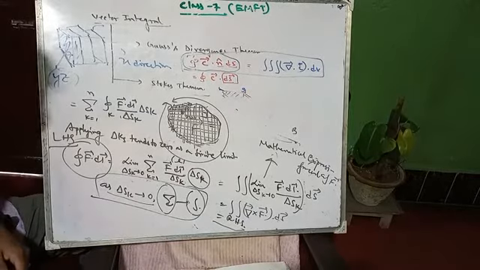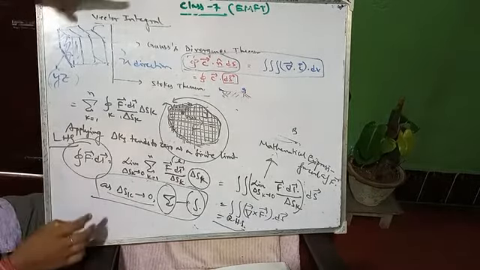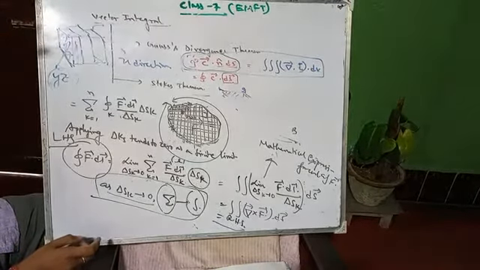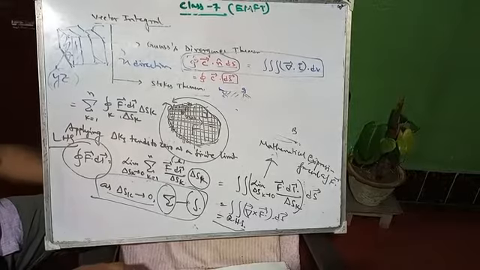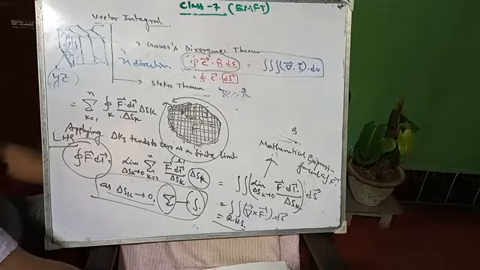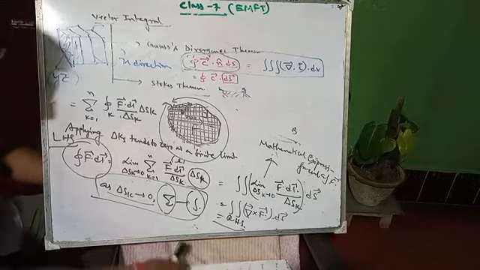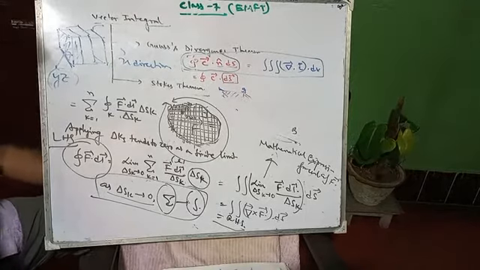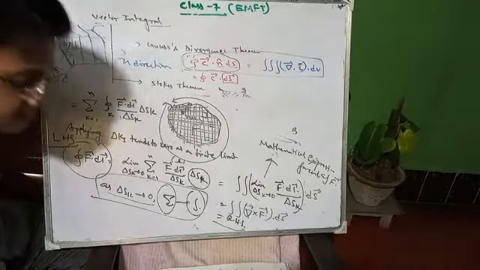Today I have covered the vector integral theorems, that is, Gauss's divergence theorem as well as Stokes theorem. So today's class is up to this much, and next day I will discuss the next two, Green's identities and the Helmholtz theorem. These two are left. Okay, thank you. Today's class is over.